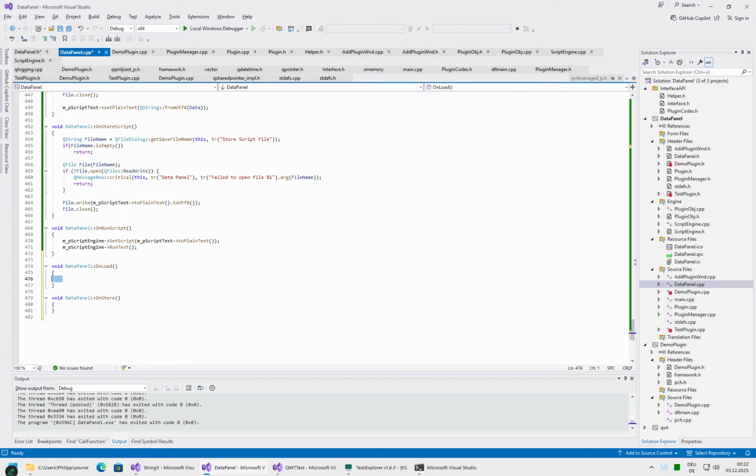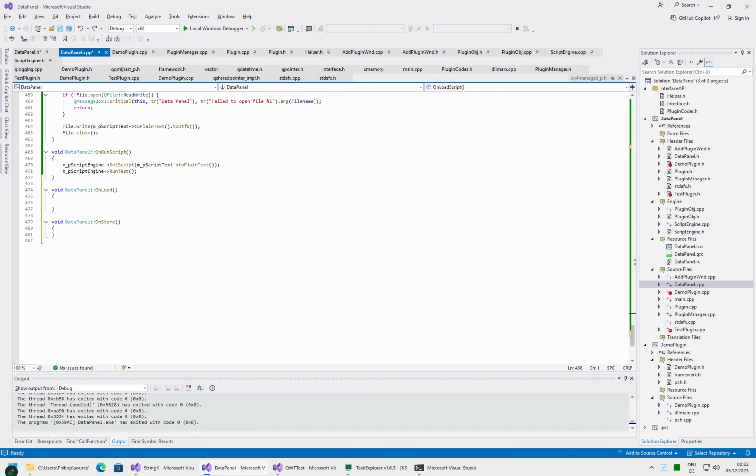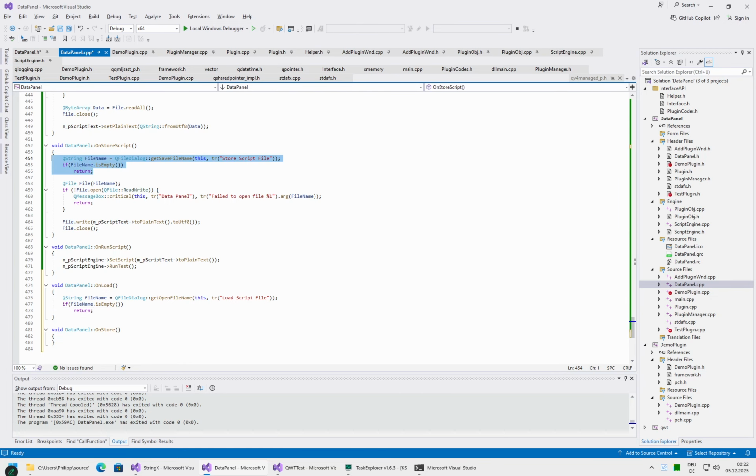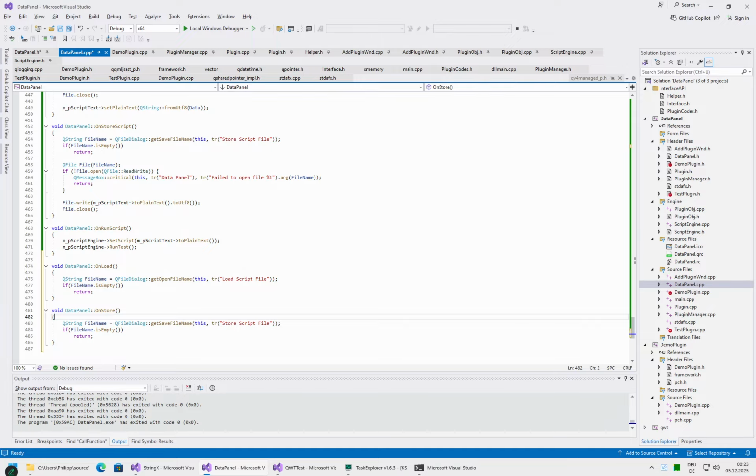No, we don't copy everything. We do it differently, because here we are really using the QFile object to save and load things. But since we have more data and we don't want to invest time into inventing our own file format, we will just use the ini format with the QSettings that we used before to save the script between sessions. So load